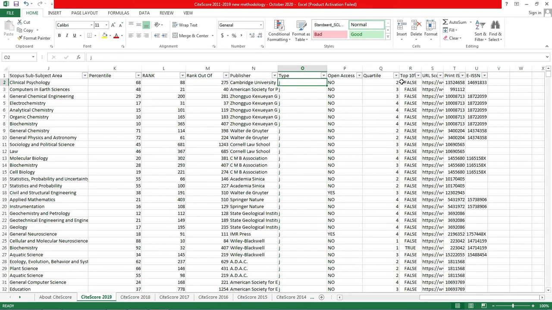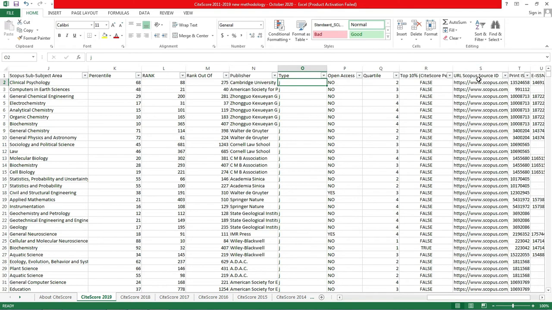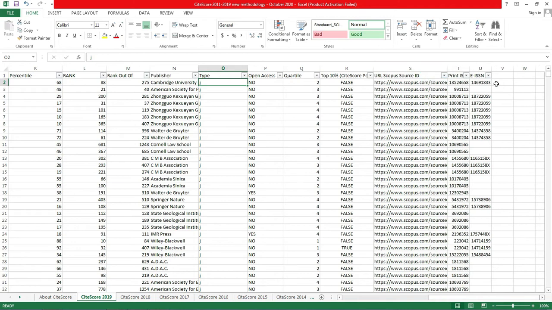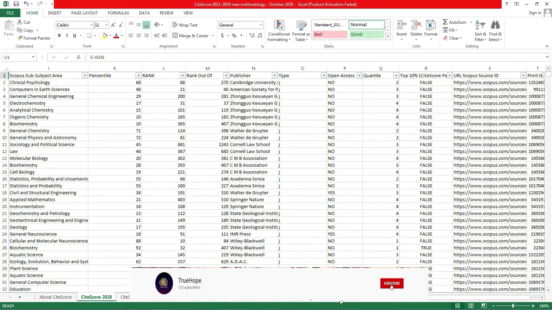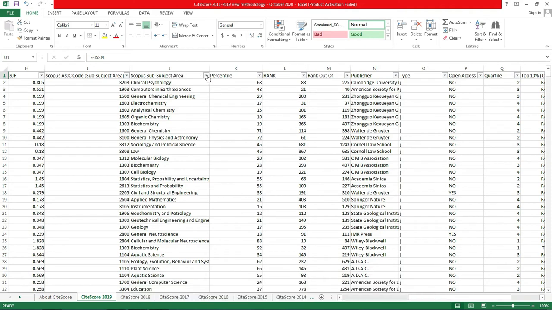These are the lists that have been given, and also the URL source. The URL source is widely given because a lot of fake journals are on the web. So if you want to choose a particular Scopus journal, just use this URL ID. Through the URL ID, you can get to the right journal.